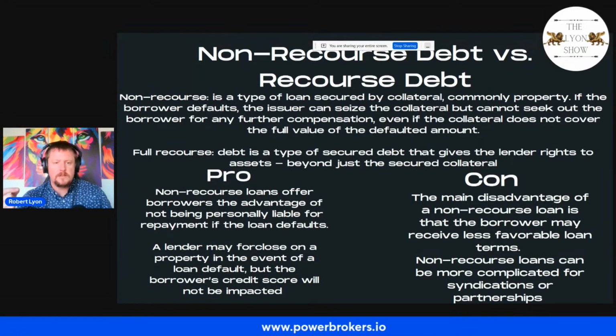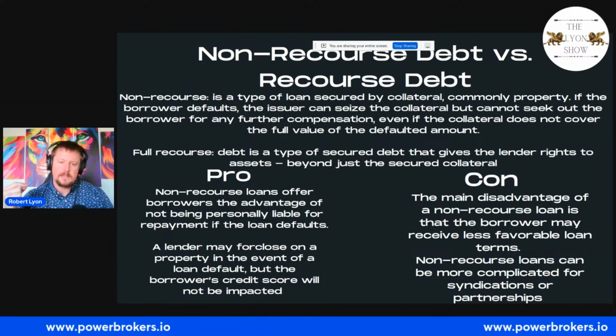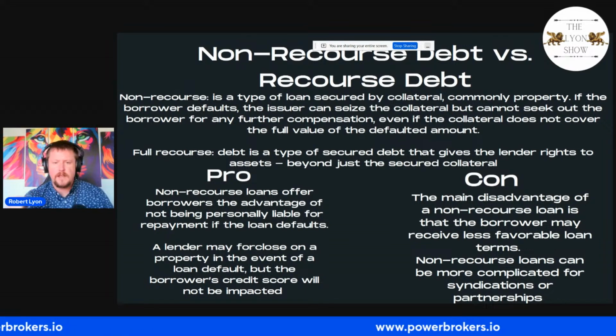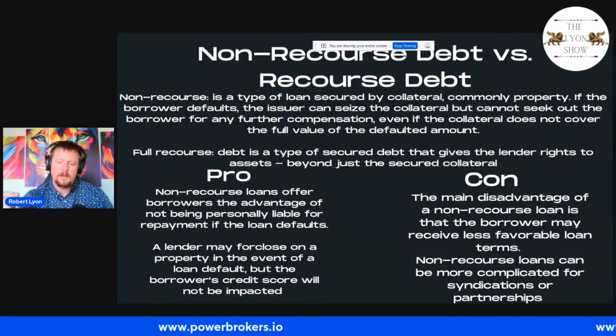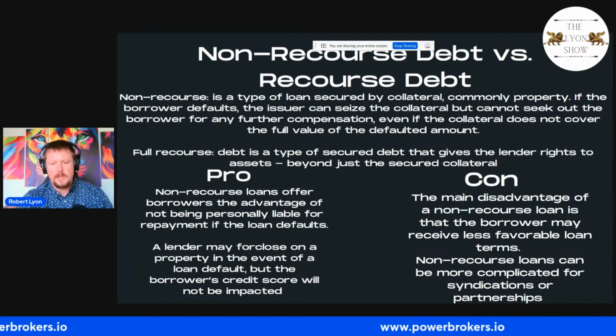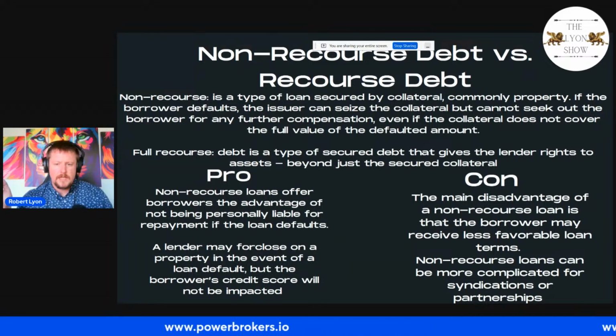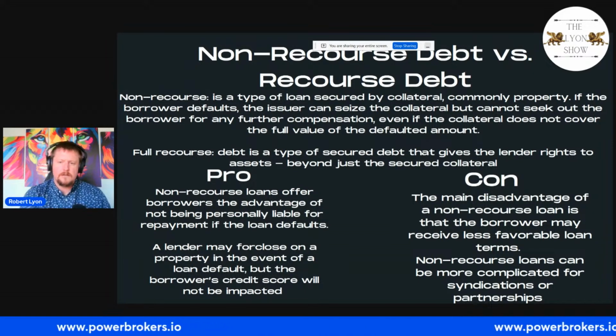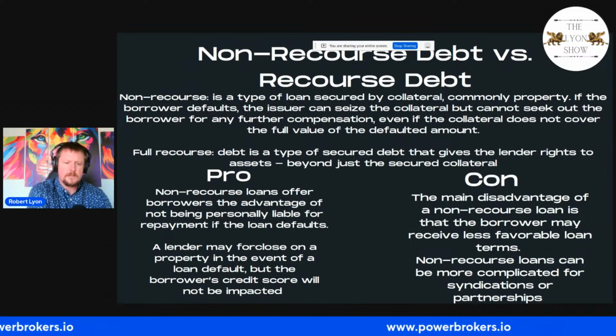Now, full recourse is a type of secured debt that gives the lender rights to assets beyond just the secured collateral. Okay, so that means that they give you a loan on the house, and then let's say you can't pay, and they basically sell the house, but you still owe them money. The banks will come after you for the rest of the money, right? These are the big differences. Okay, so the pro,